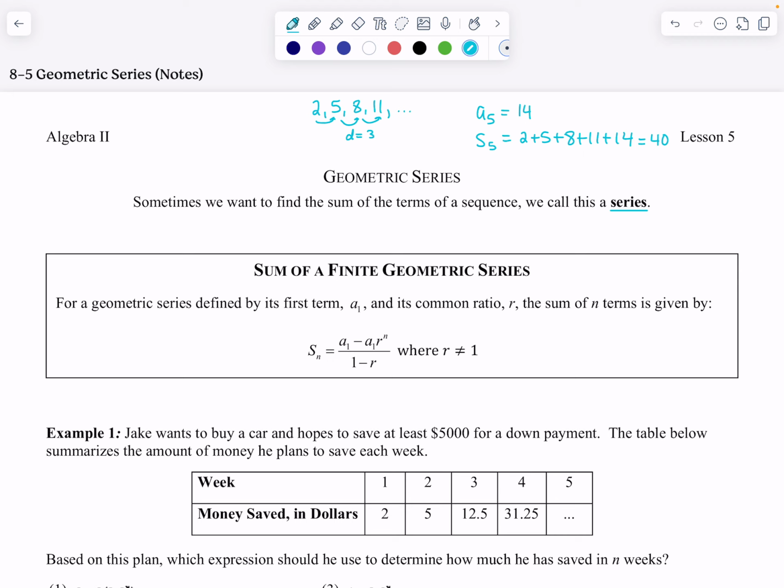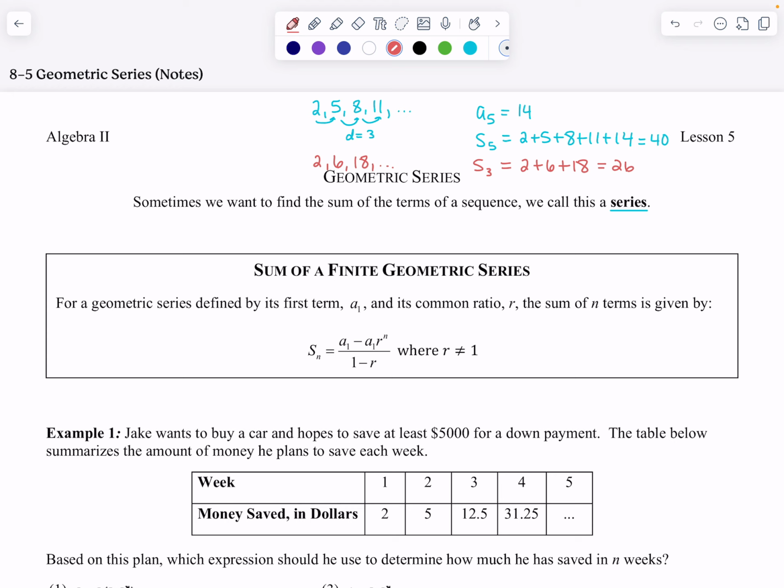So if I were to give you a similar sequence, let's say I multiply by 3, so 2 and then 6 and then 18. If I said to find the third sum, so I just want to take 2 plus 6 plus 18 of this sequence, I would get 26. Just like with the arithmetic one above, I could just add up the terms. But there's a formula when we're dealing with a geometric series that we can use,